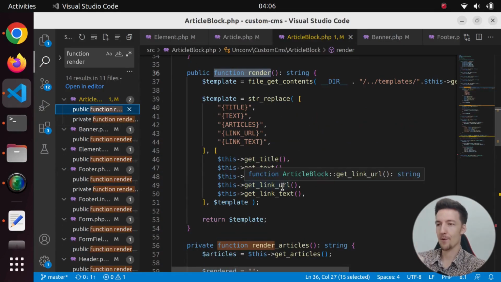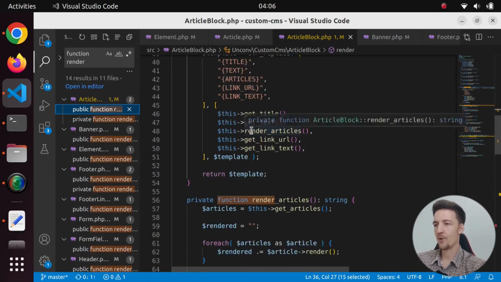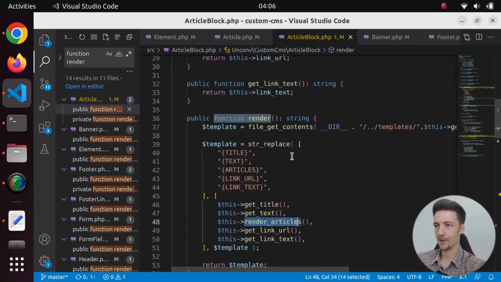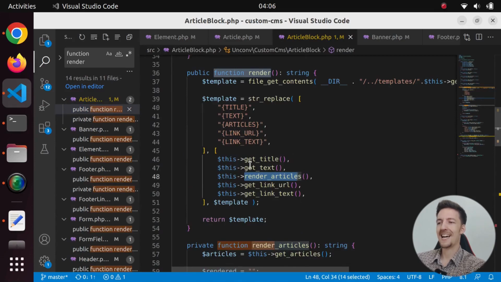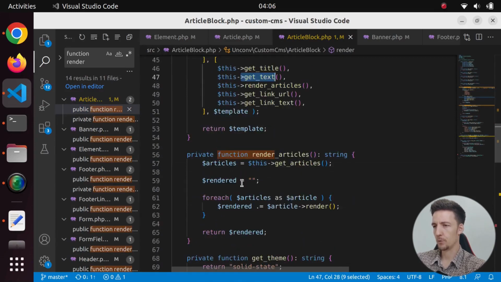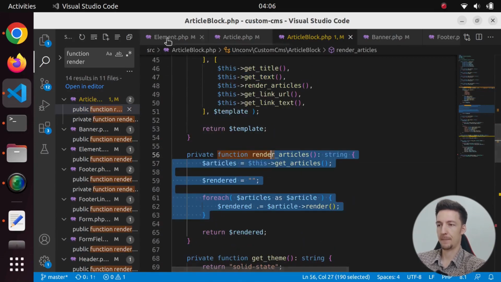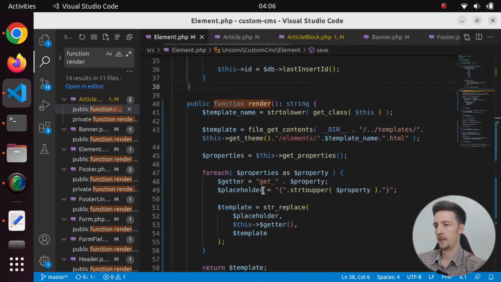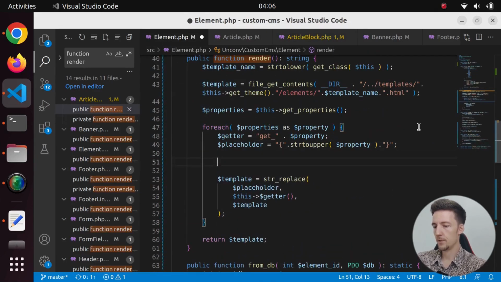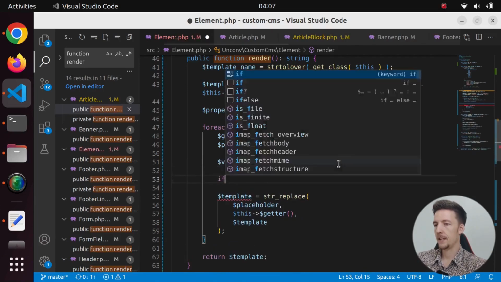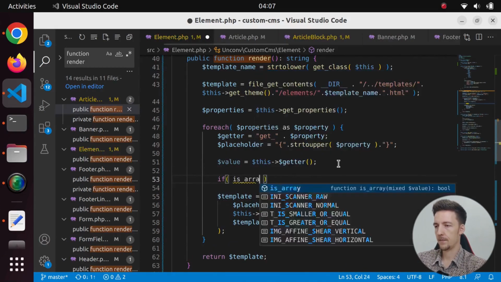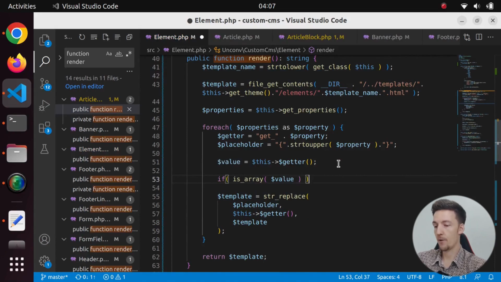But we have one more thing to do, because here we are rendering the array of articles. So we can't just use the getter here. So we have to do this inside of the element class. So how do we do this? Let's go back here. Let's do this. Value will be equal to this getter, like this. So we get the value. And then we say if is array value. If the value is an array,